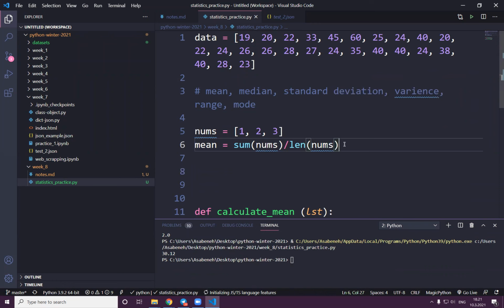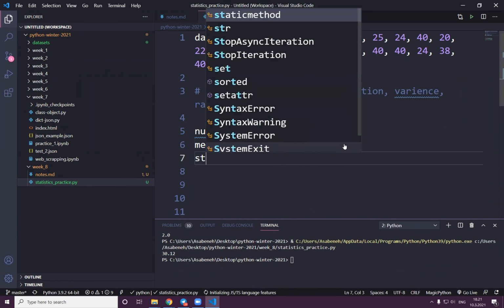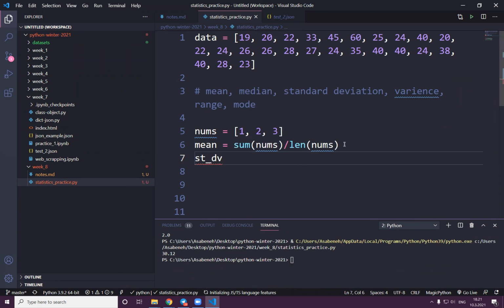So for standard deviation, STD, this is how you calculate. Each observation 1 minus mean, squared, plus